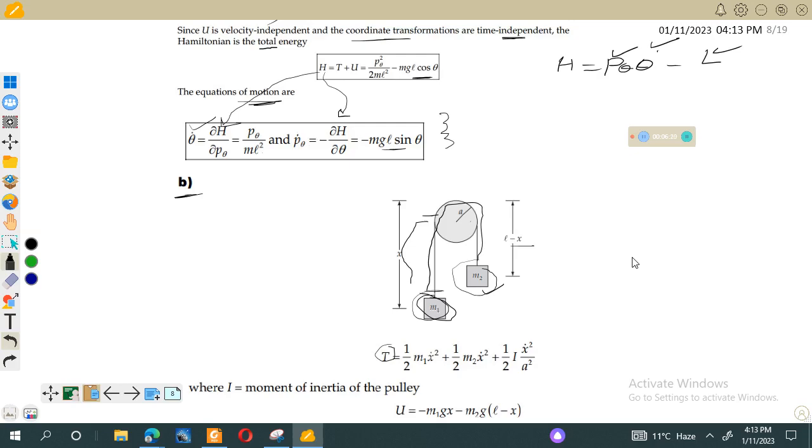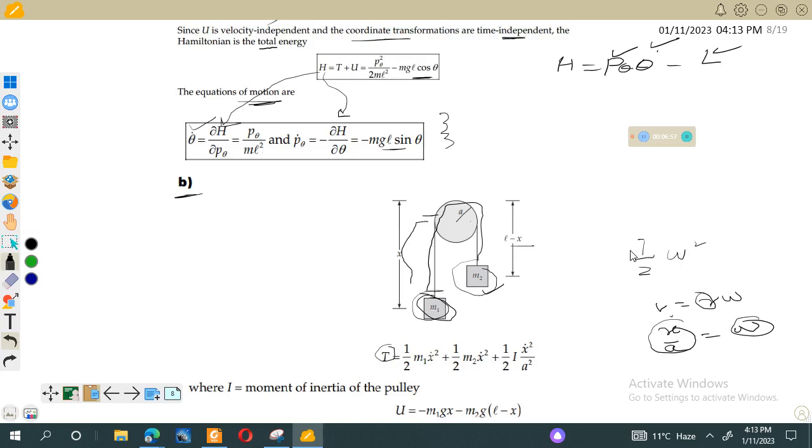So the pulley has rotational kinetic energy, and you know that it is equal to I over 2 omega square, which is nothing but x dot square over a square. So omega square is equal to x dot square over a square, because you know that V is equal to R omega, and V is x dot, and R is the radius of this pulley, which is equal to A. So x dot over A is equal to omega. So omega square will be equal to x dot square over A square,